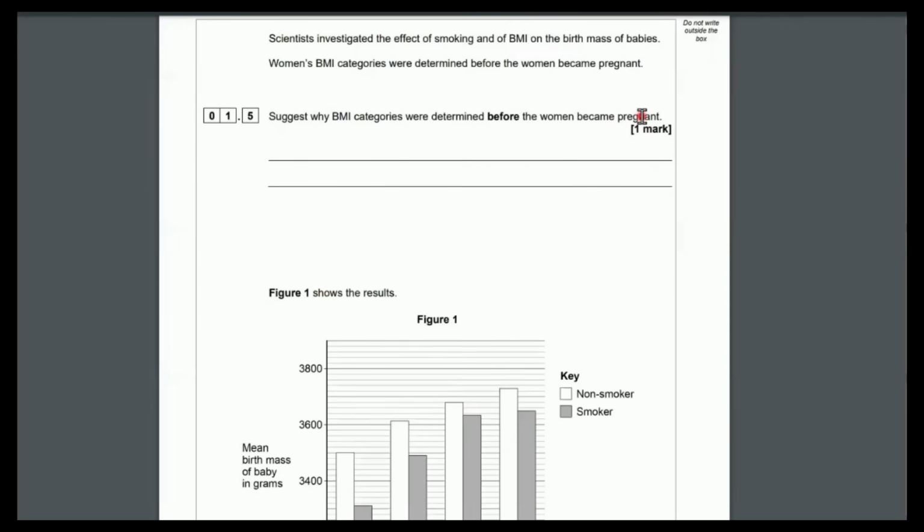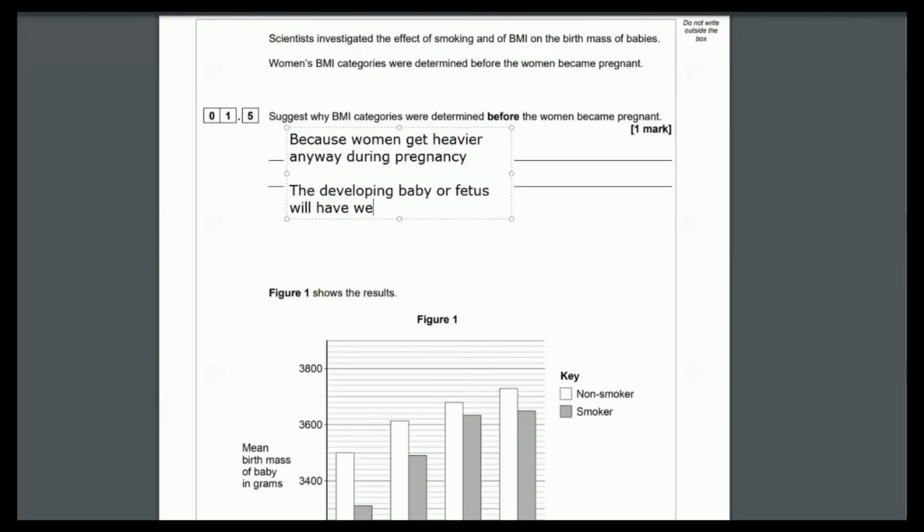Well, obviously, when you're pregnant, you gain mass, you get heavier, your weight increases. And is that fair to judge someone's BMI when you're weighing the mass of a pregnant person? That means you're also weighing the mass of the baby or the developing baby called the fetus. So you're not really getting the woman's BMI, you're getting her BMI and her baby's mass included. So it's not really the woman's BMI, so to speak. So it's not really a fair evaluation of the person's BMI. So it's better to measure a woman's BMI before they become pregnant.